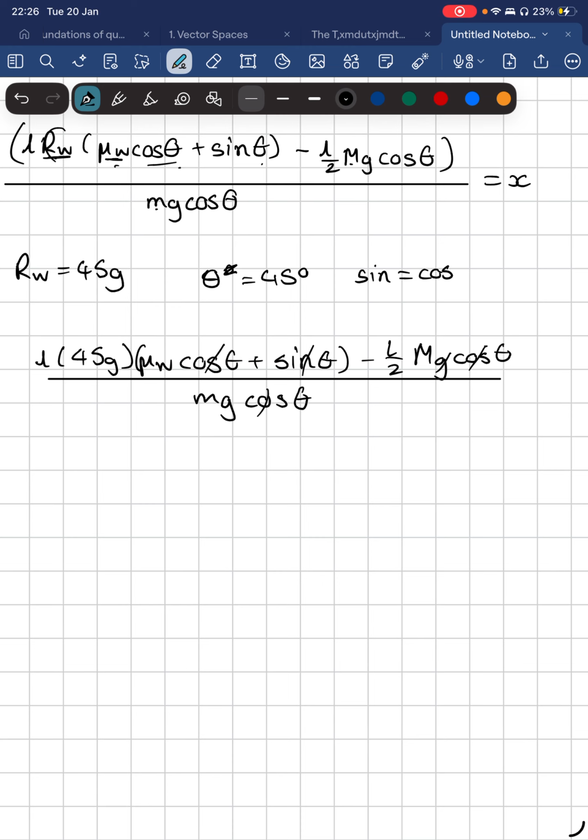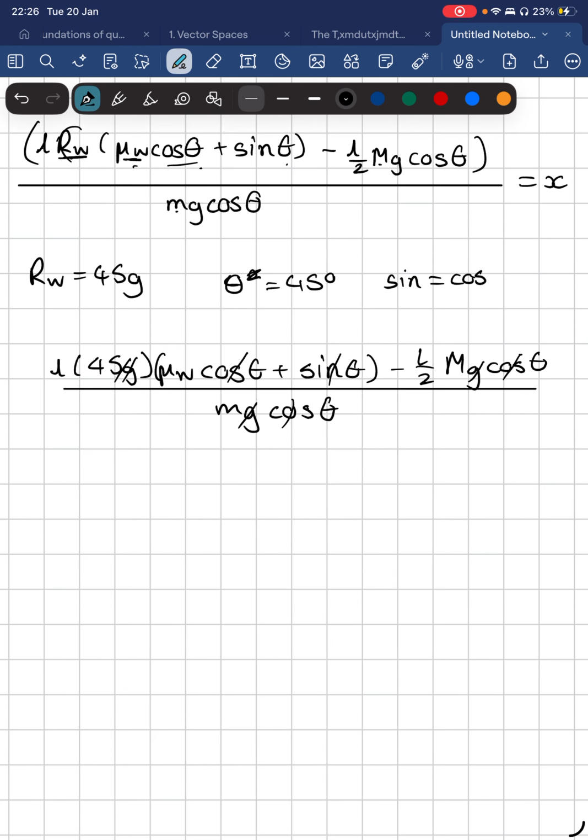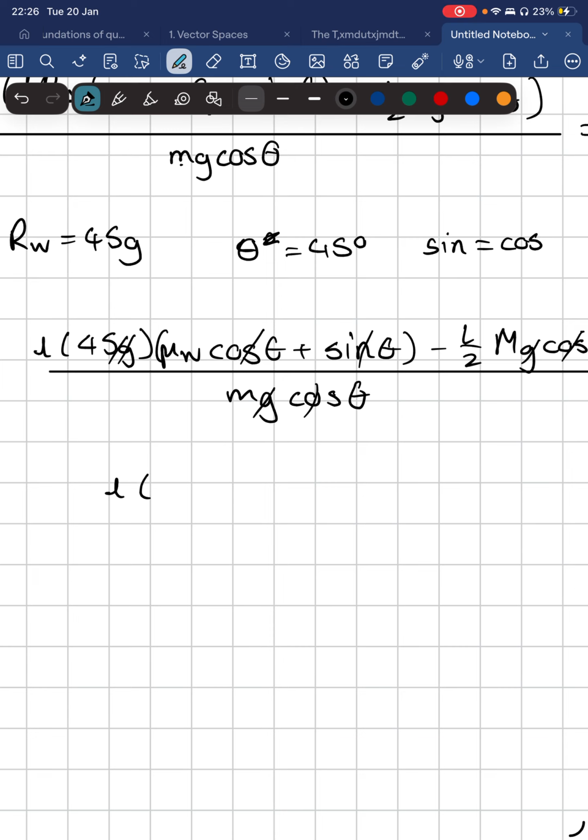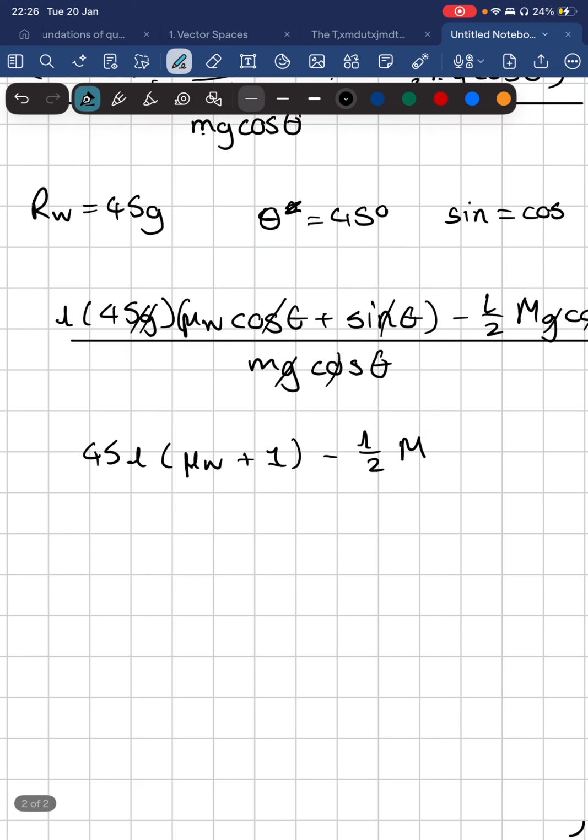Also, now everything has a g in it, which is why I chose to put that 45 in, just to show that substitution to the examiner, if you will. So I'm left finally with L times 45L times mu W plus 1. That's very important. You remember the plus 1 is there from that cancellation, minus L on 2 times big M